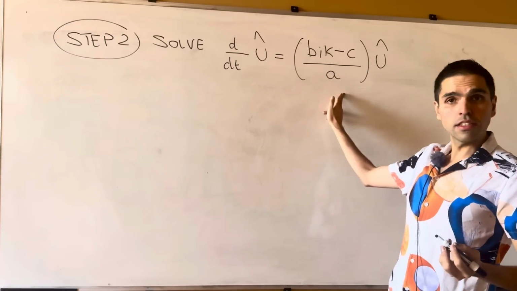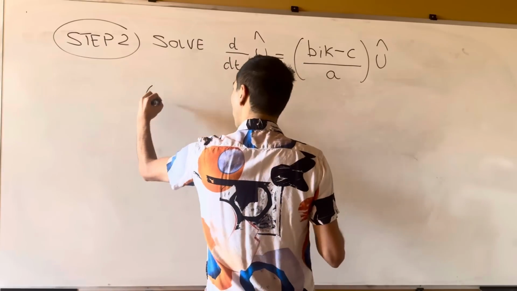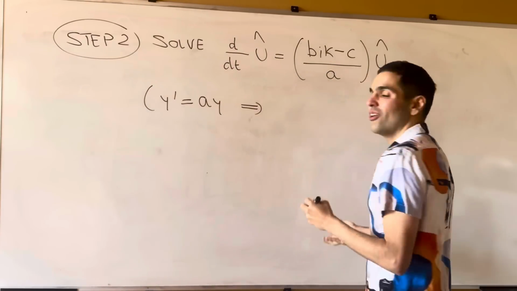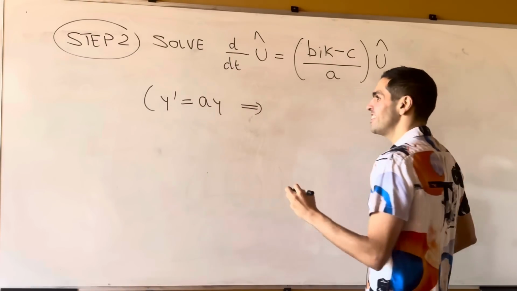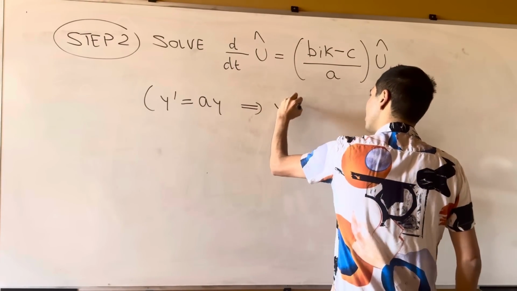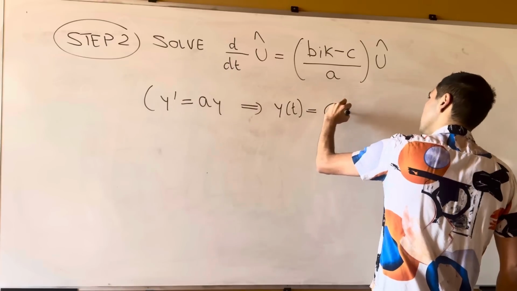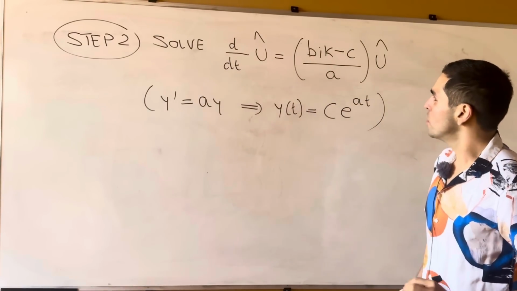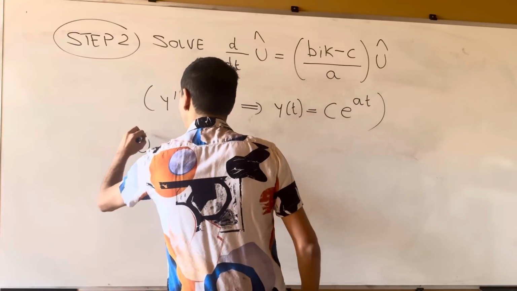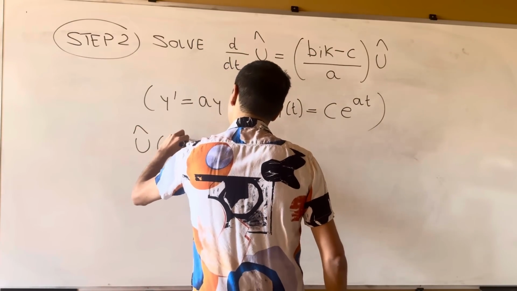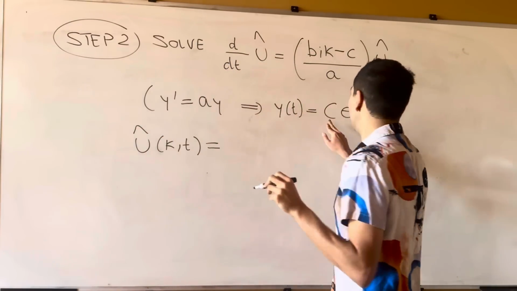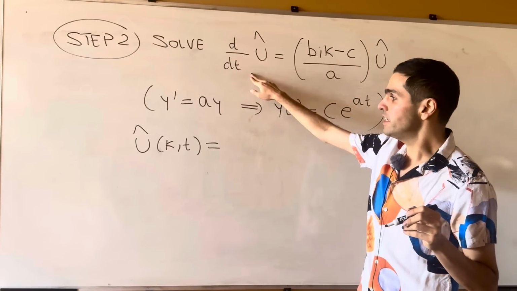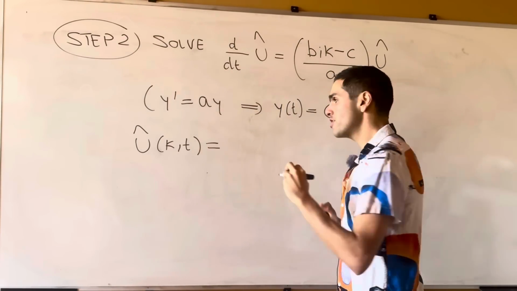But notice this is of the form y prime equals a y, the ODE from lecture 1 of the ODE course, whose solution is y of t is C e to the a t. And so in particular, u hat of kappa and t is a constant with respect to t, and therefore a function of kappa, times